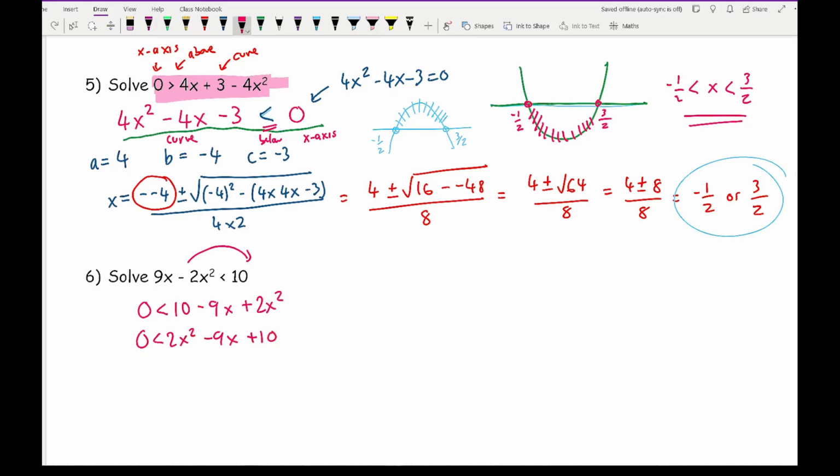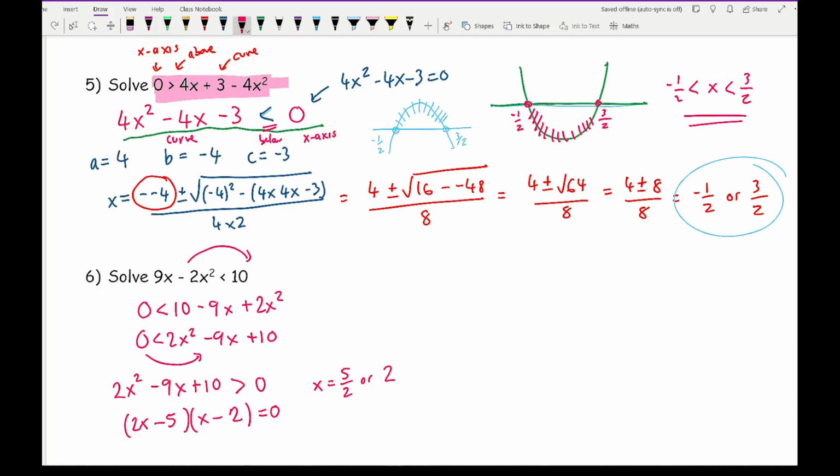Then I'm going to take the 0 over to this side. So then what happens is I've got 2x squared minus 9x plus 10. And then the 0 is now on this side, so I need to flip the inequality. So I end up with something that looks like this. Now from this, I need to see if this factorizes, or I could use the quadratic formula if it's taking too long. It does actually factorize, so I've got 2x minus 5 and x minus 2, and that equals 0. So from this, my two solutions are going to be x equals 5 over 2